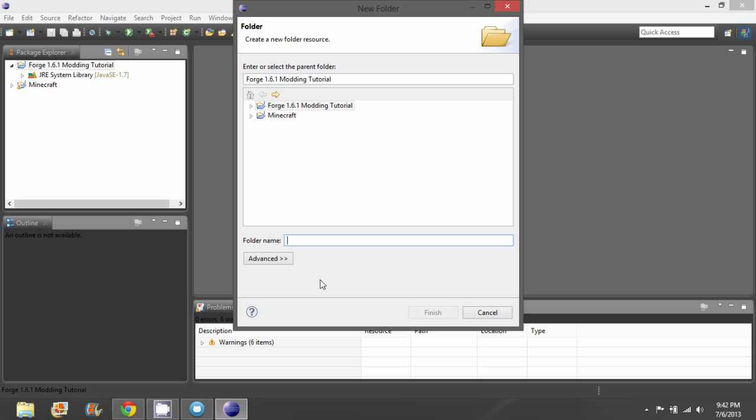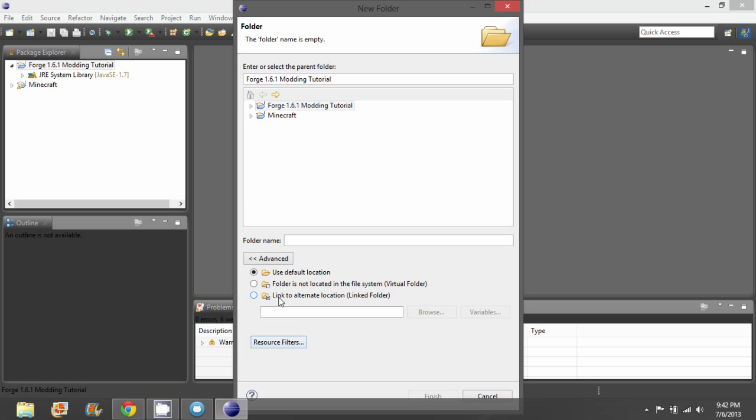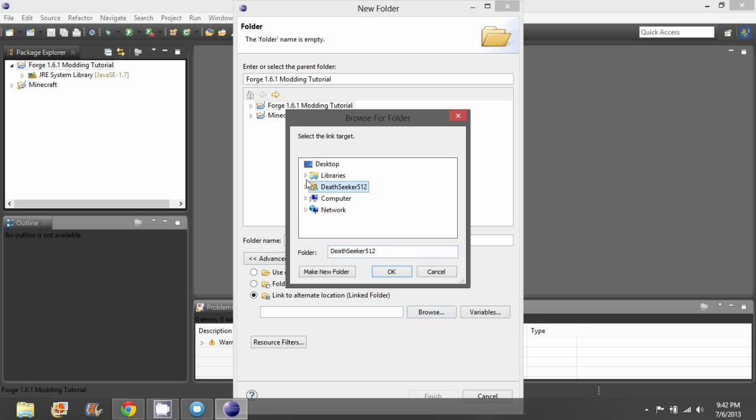then advanced, link to alternate location, browse, Deathseeker, Java projects, Minecraft. Oh wow, it's not in there. Never mind. So not Java projects, but GitHub, wherever that might have my documents. GitHub.